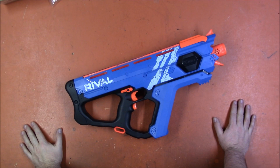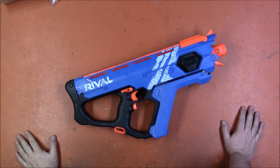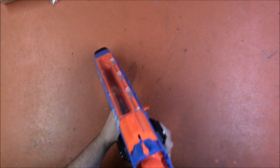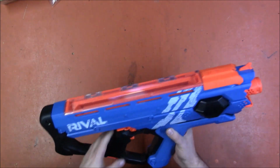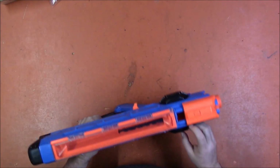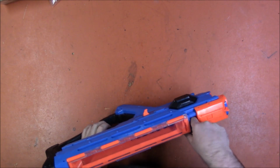I am Captain Xavier, and today I'm going to be attempting to repair this Nerf Rival Perses. This was sent to me by Caleb, and the problem appears to be that one of the flywheels is not spinning. It's not jammed. I was able to reach in through the not particularly useful jam door, and both wheels are able to spin freely,